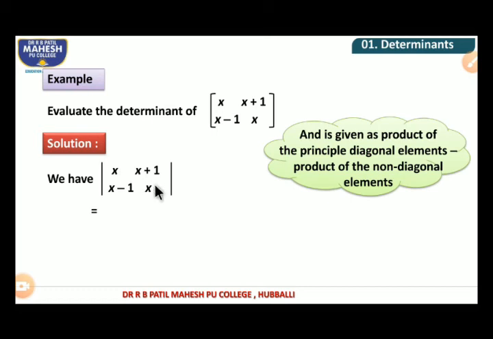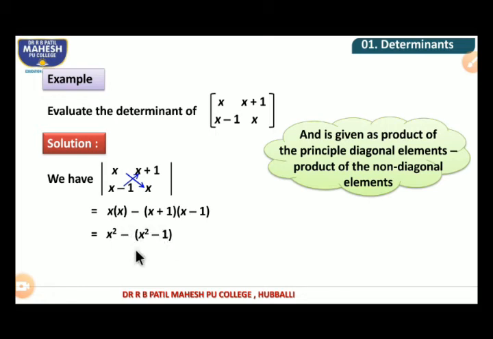Therefore x into x, x into x minus x plus 1 into x minus 1. So students, we should take the product here, so we can consider the brackets as well. Which is equal to x into x is x square, minus, and now here it is in the form of a plus b into a minus b. Therefore we can write it as a square minus b square form. So it becomes x square minus 1, because 1 square is again 1 only. So we should take it within the bracket, because the multiplication of this minus sign will be there. So we have to take it within the bracket.